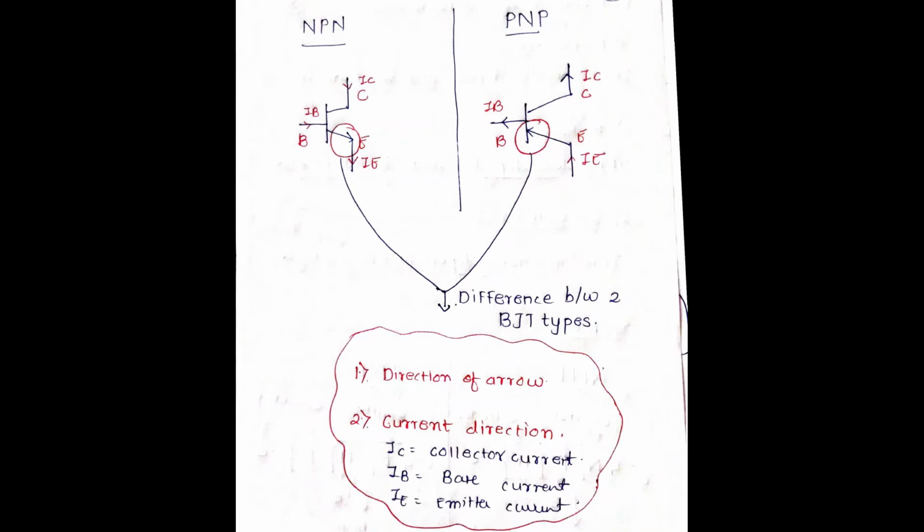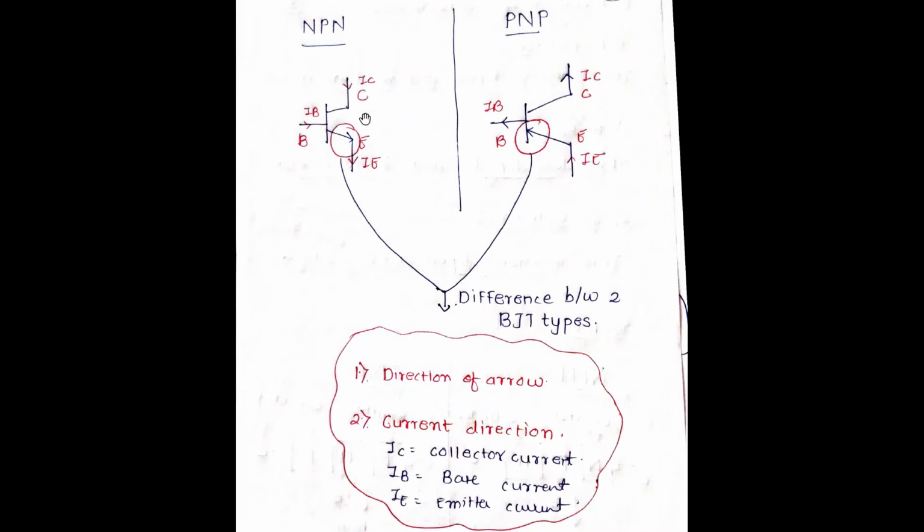And look at this particular diagram. You have NPN. As I told you, there are three terminals, so there are three currents also in this. One is IC, which is the collector current, IB is the base current, and IE is the emitter current. So how does NPN differ from PNP is in the direction of current. The collector terminal has IC, the base terminal has IB, the base current, and your emitter has the emitter current.